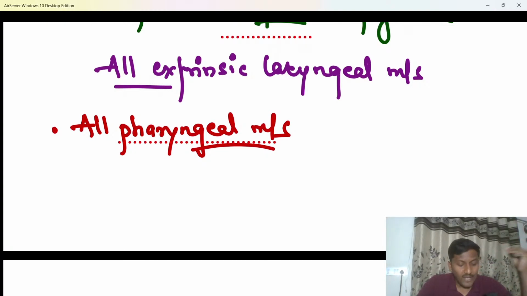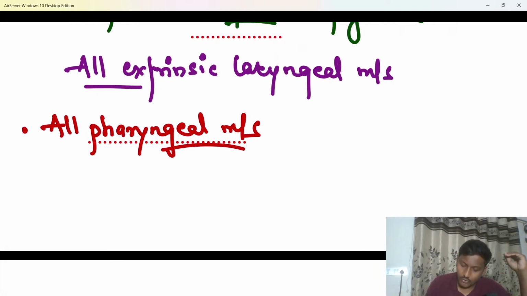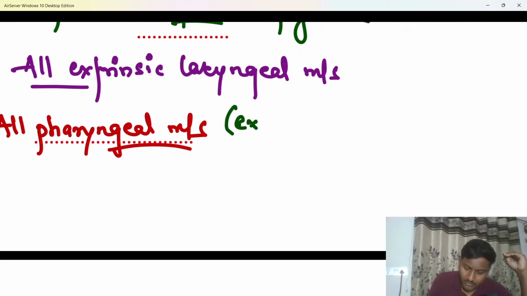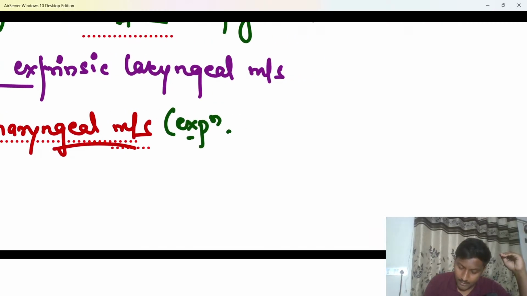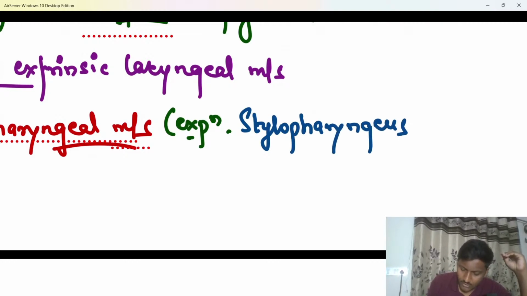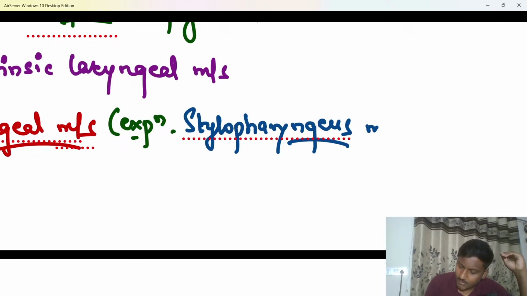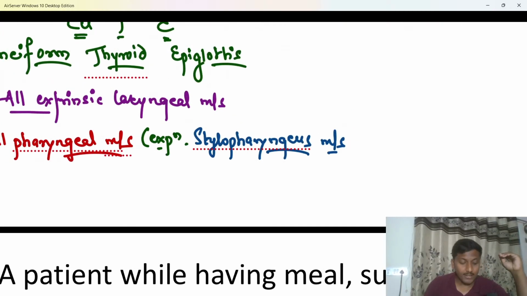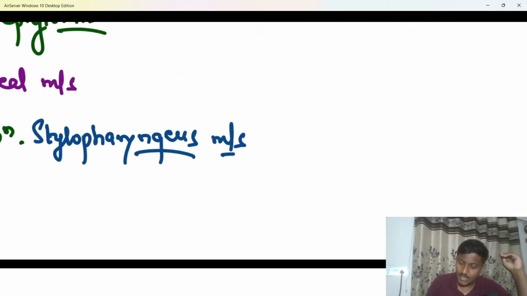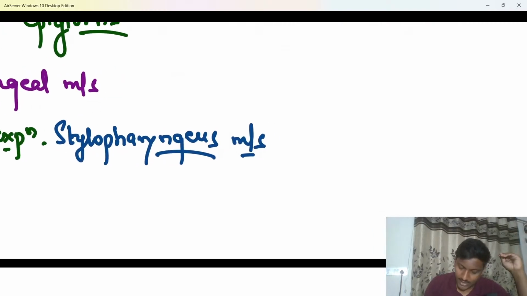Okay, all pharyngeal muscles are derived from the fourth pharyngeal arc, except which pharyngeal muscle is not derived from the fourth pharyngeal arc? Anybody? This has been a question previous year. Anybody? So please remember that muscle is known as stylopharyngeus. So all pharyngeal muscles are derived from the fourth pharyngeal arc except the stylopharyngeus muscle, and the stylopharyngeus muscle is a derivative of